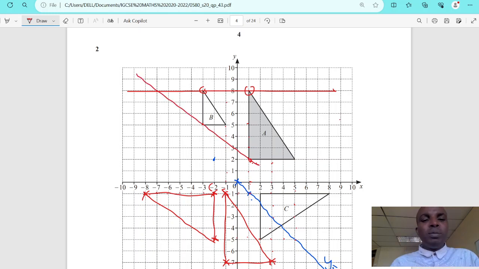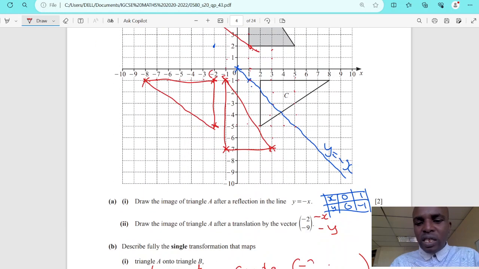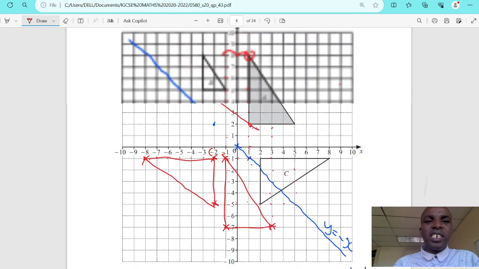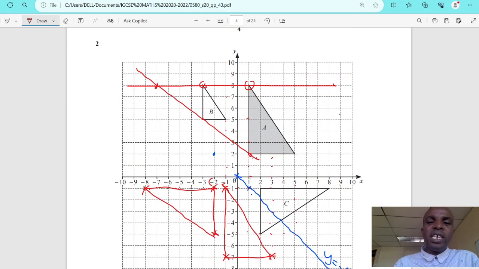Right, so approximately, if you can check, they are meeting at this point, which is -7, 8. That will be the center. X -7, y 8. That will be the center of enlargement. Done. Then scale factor. If the shapes are already drawn for you, you can use scale factor